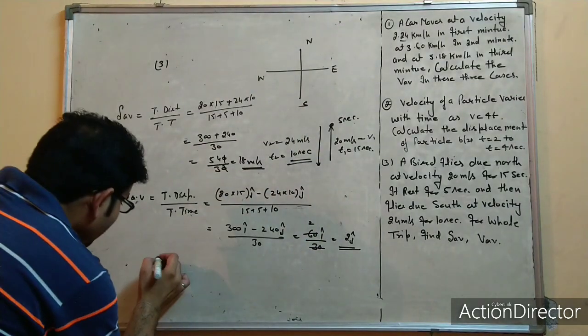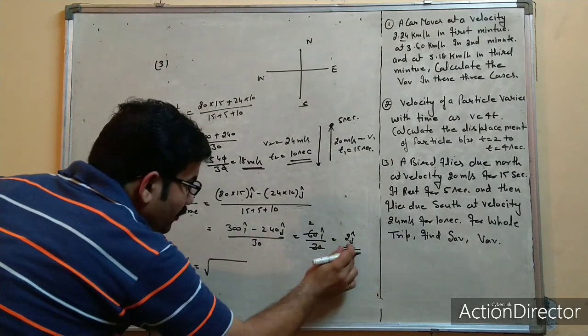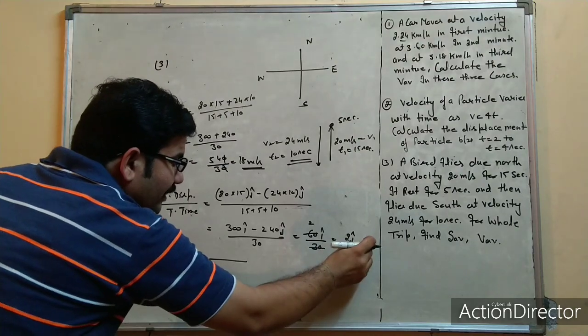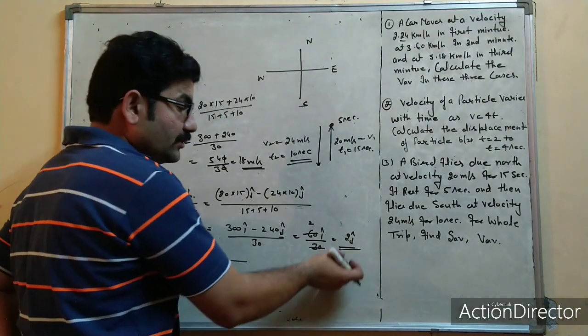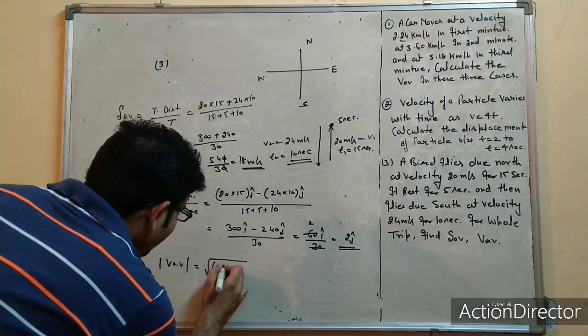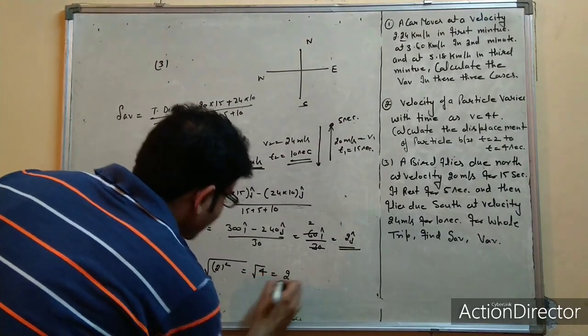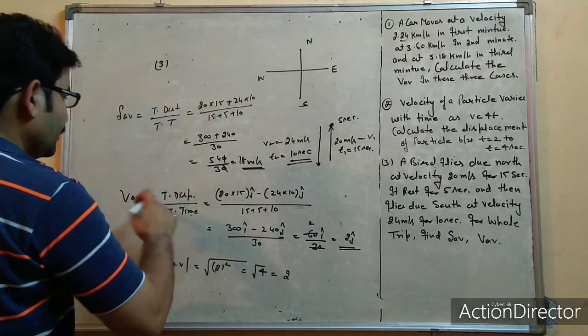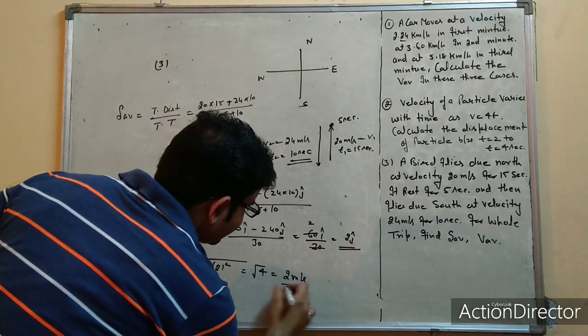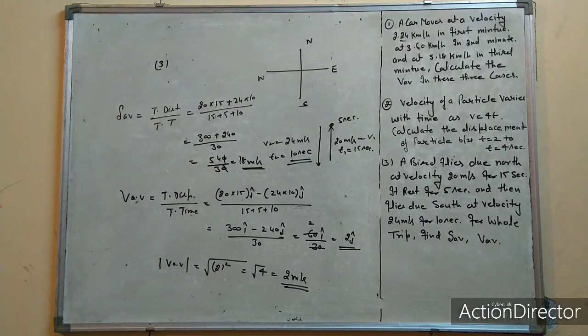But what about magnitude? If you find the magnitude of average velocity, then you have to take the square root. There is no x, there is no i cap, no j cap, it is only a straight line. So the coefficient of j squared will be 2 squared, then root 4, and it comes out 2, and the unit is meter per second. This is the magnitude, and the direction is along the y-axis. I hope you understand all these topics and how numericals are solved.